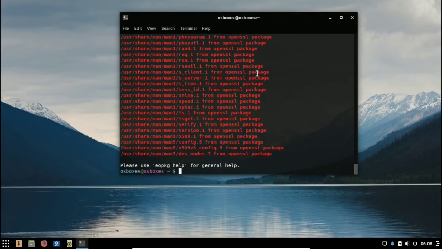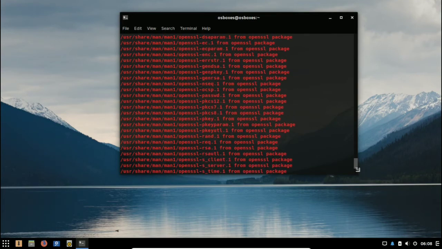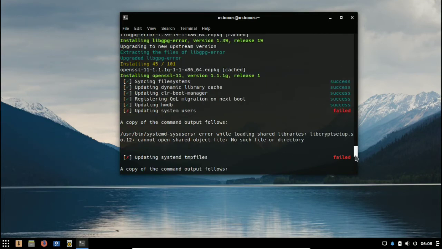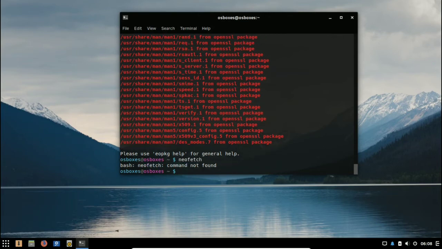Alright, it has finished and looks like there are many errors here, so I'm going to assume that it was not a successful installation. So for those who want to install a simple task such as neofetch, you're going to have to run into something like this, so just prepare yourself. If I still write neofetch here, it should not give us anything,